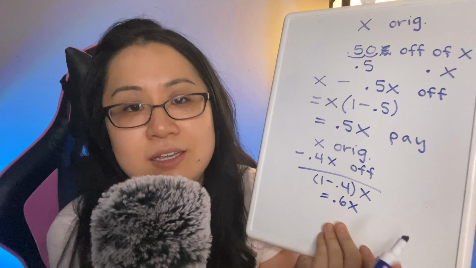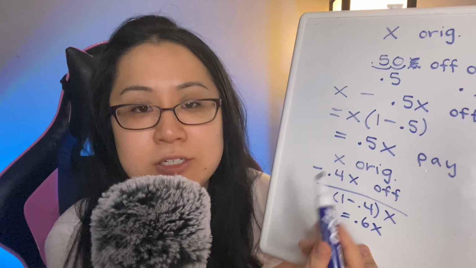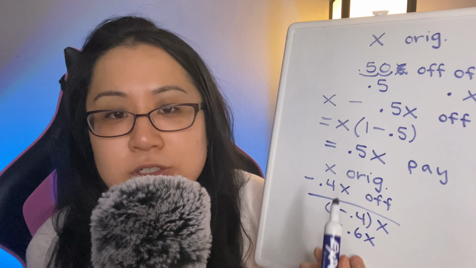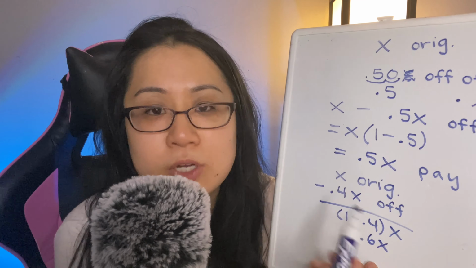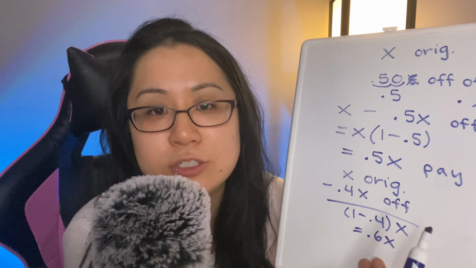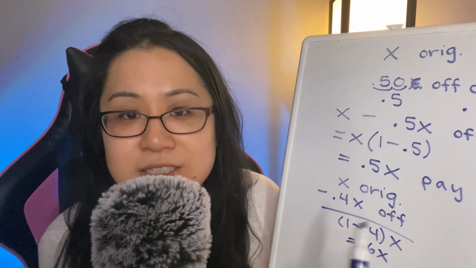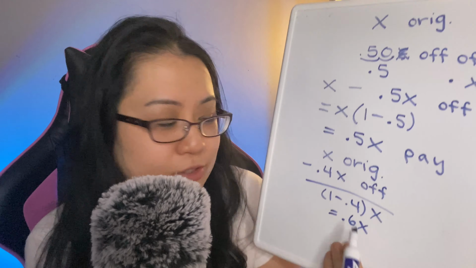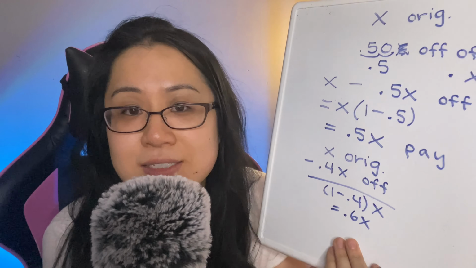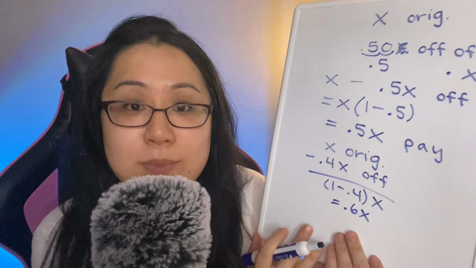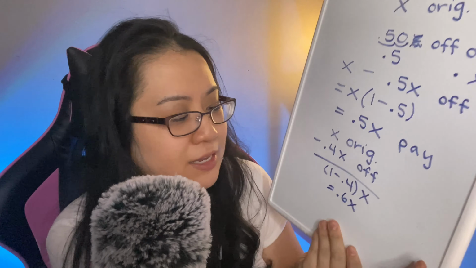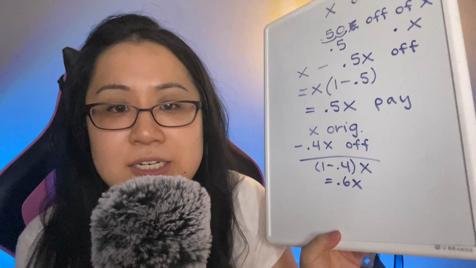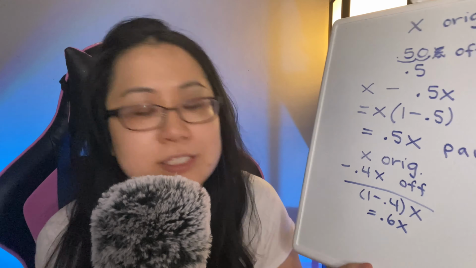So basically, 100% is the total original amount cost, and then 100% minus 40% is 60% of your original amount. So 0.6x is what you would pay after the 40% off, and then the 10% off of this, you can do